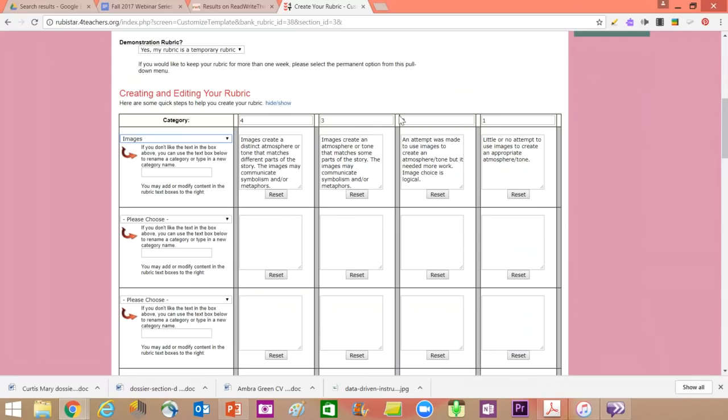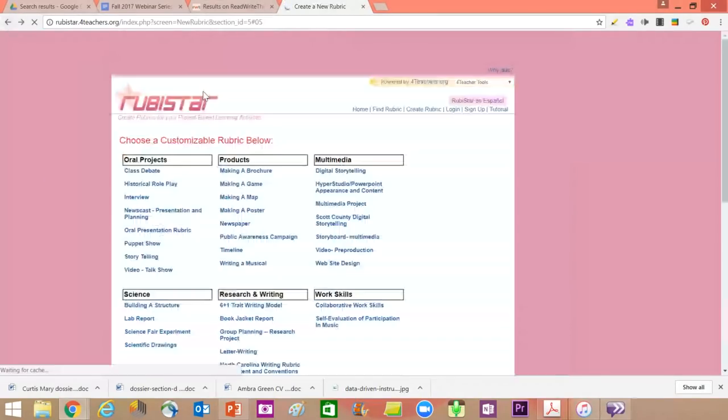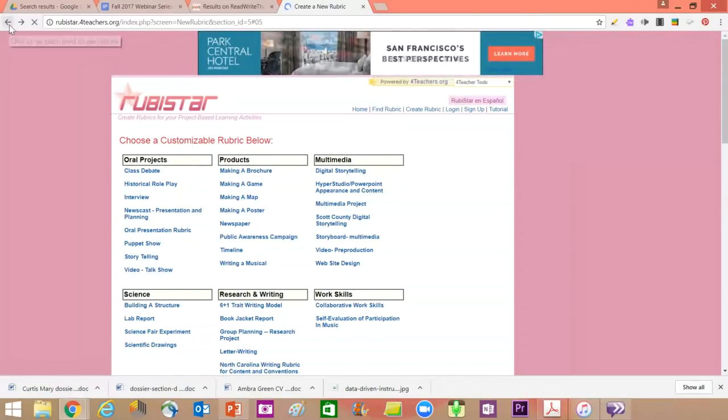Is that what you use on us? No, I've actually made up my own rubrics. But I think this is a great resource for y'all. What do you guys think about this rubric generator? Yeah, so use it. You can use it for this guided reading lesson plan if you want.